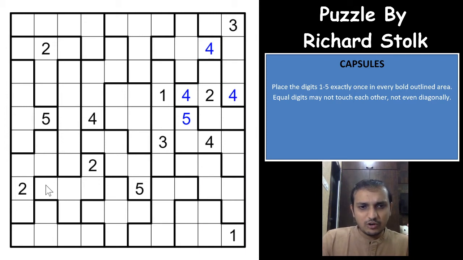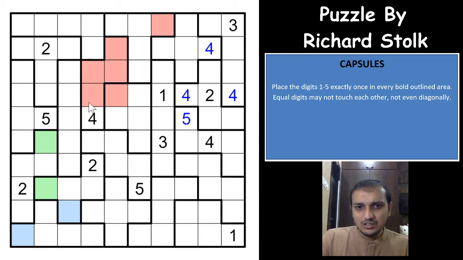So I can see that whatever you have here will have to be here, whatever you have here will have to be here. Any other places? I can see that whatever you have here will have to be here, will have to be here. And wow, that is awesome, guys. I could see a very excellent logic here, a very fast one. I wasn't expecting this, but if you see here, this digit will have to be here, right?